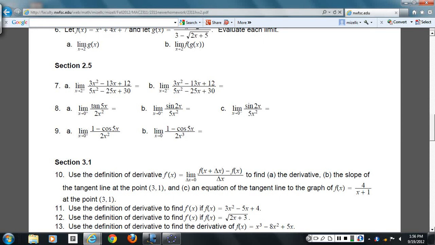7, looks like 7 is the one I tried at the beginning of class last time, wasn't it? That didn't go so well. Factor correctly the numerator and the denominator. And I don't think a factor divides out, but then based on whether x is a little bit more than 2 or a little bit less than 2, you want to figure out, is this going to positive infinity or going to negative infinity? I believe it's one or the other, and you can make that determination based on the factors. I think a factor is